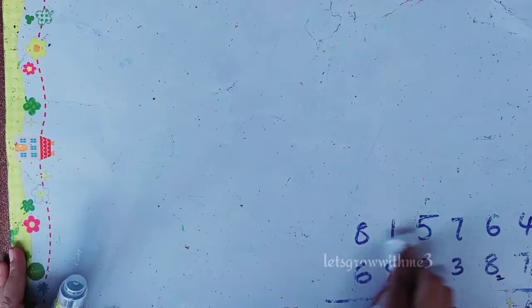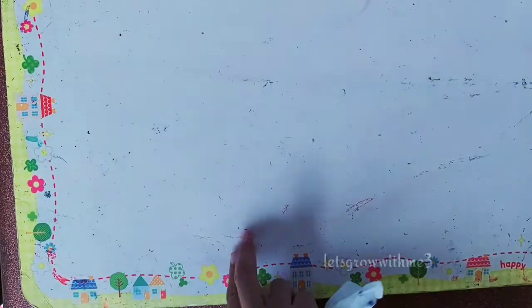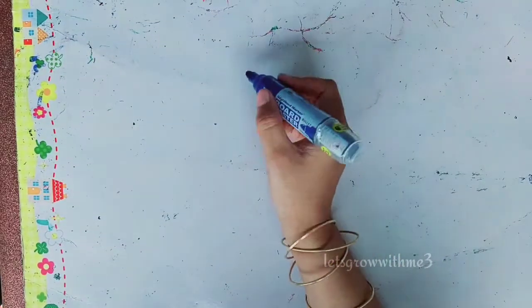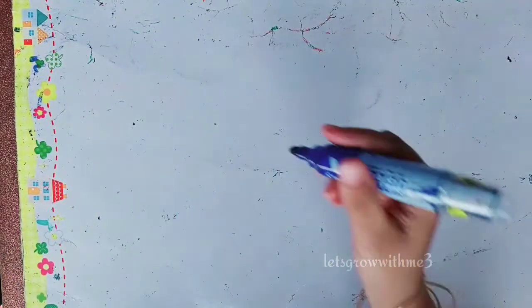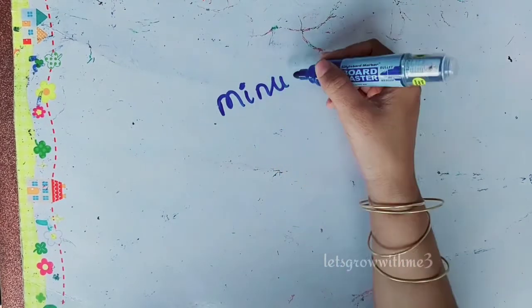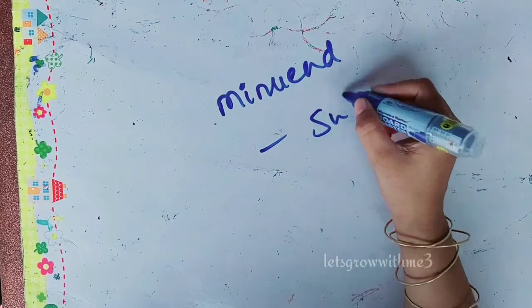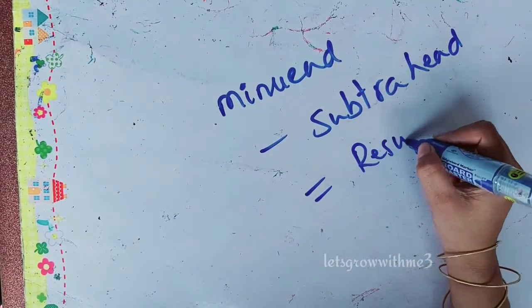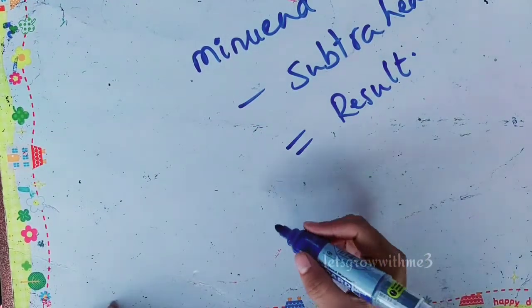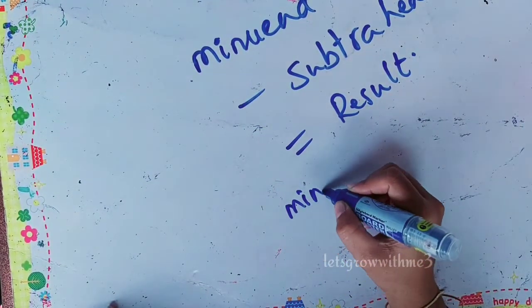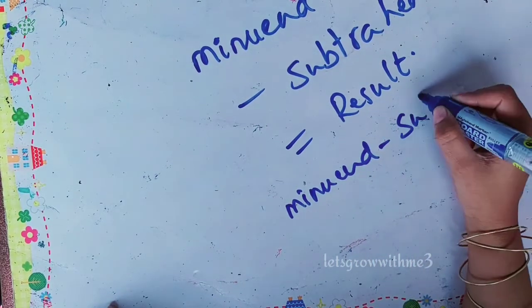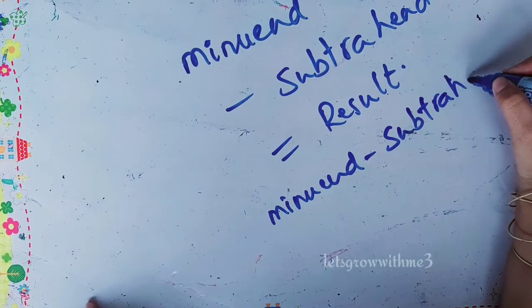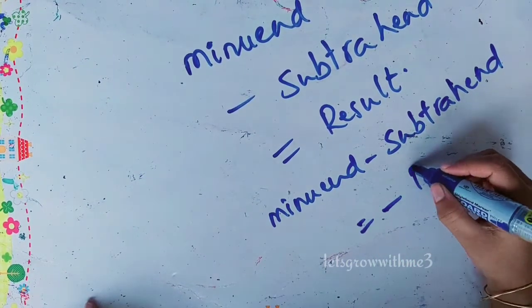So how we can subtract a big subtrahend from a small minuend using our Vedic maths method. So let me take one example. I'll try to take one simple example. Usually minuend minus subtrahend is equal to, if the minuend is big and a positive number, we will get a positive result. But here our minuend is small compared to subtrahend, that's why the result we are getting is a negative result.